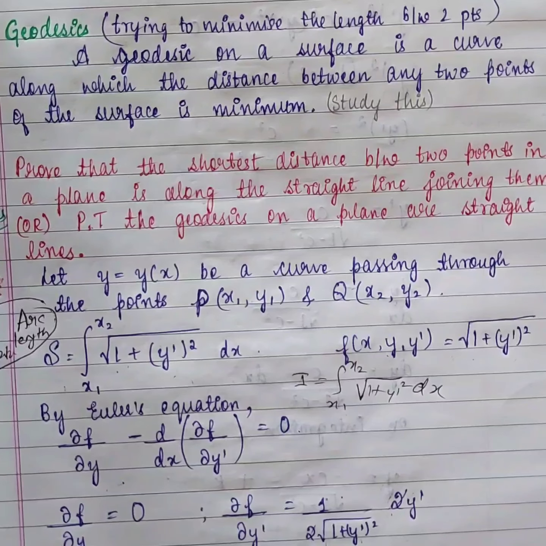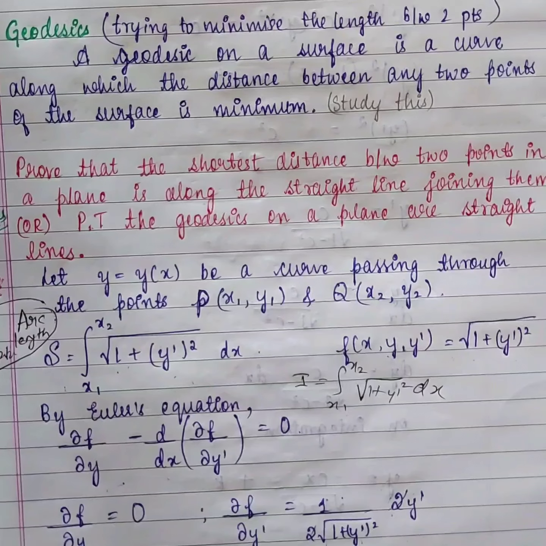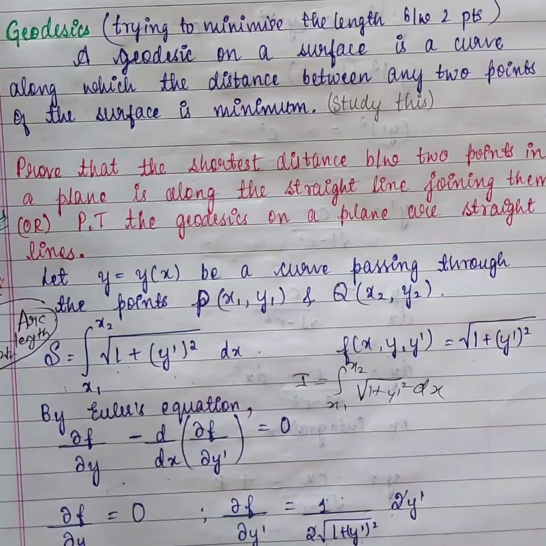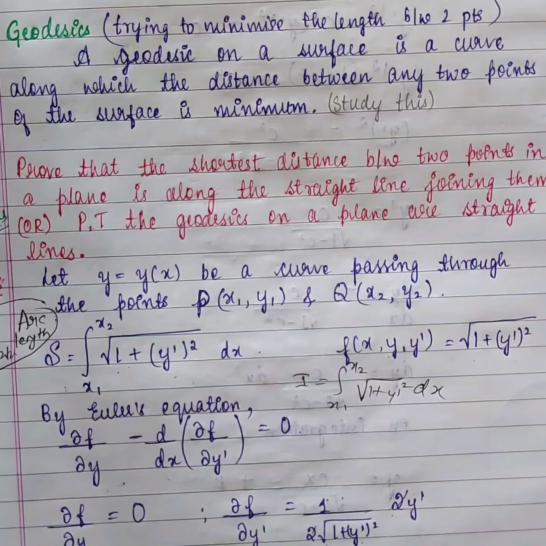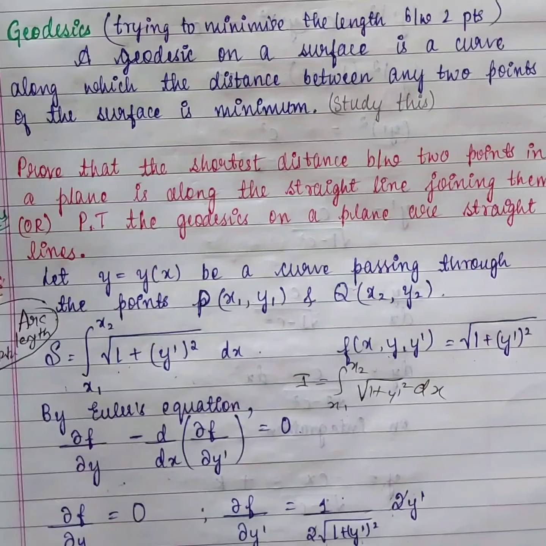Let's see applications of calculus of variation. The first application is geodesics. That is, given two arbitrary points P and Q on a surface S, there exist infinite number of curves on the surface having P and Q as their extreme points. Of these curves, that curve whose length is the least is called the geodesic between the points P and Q